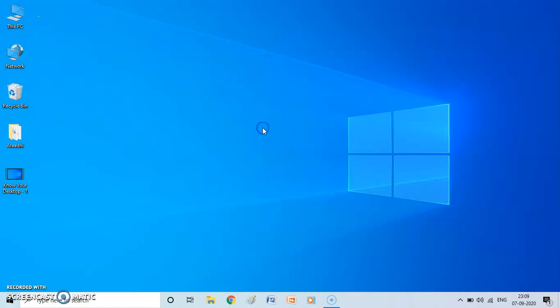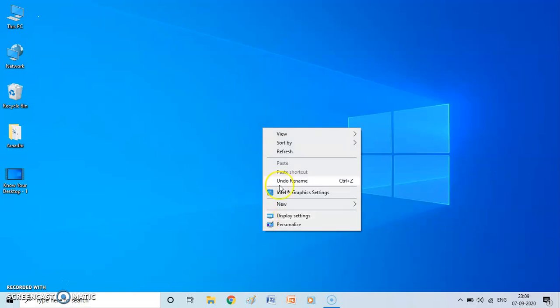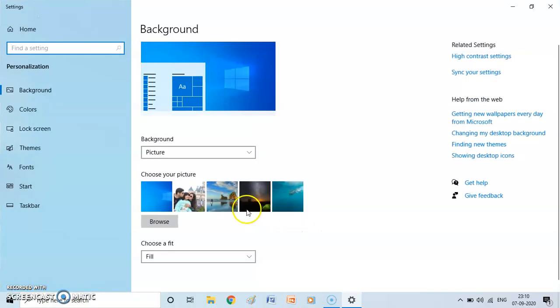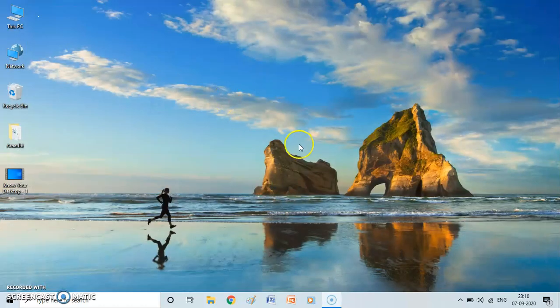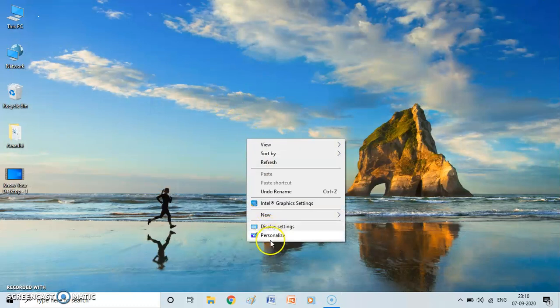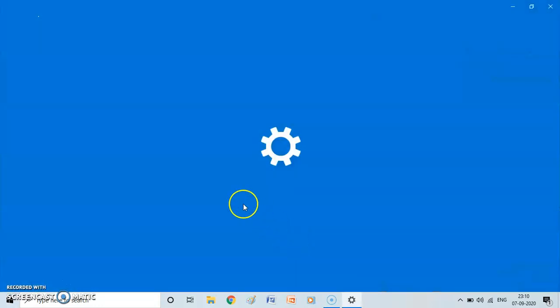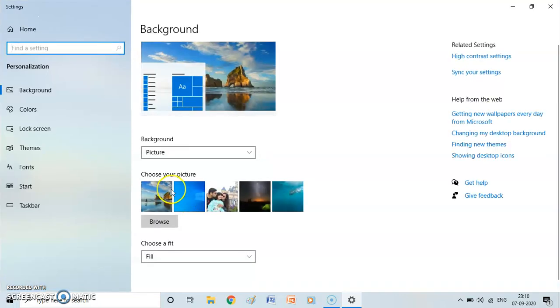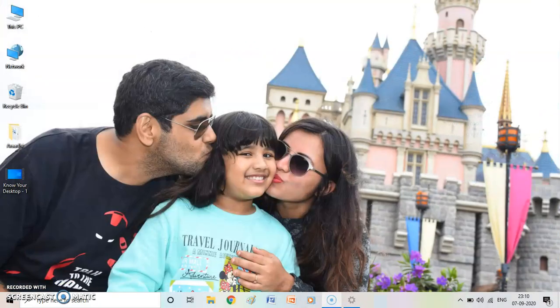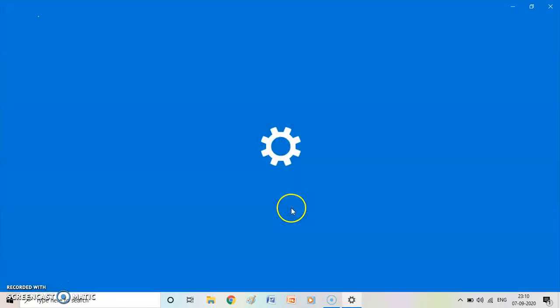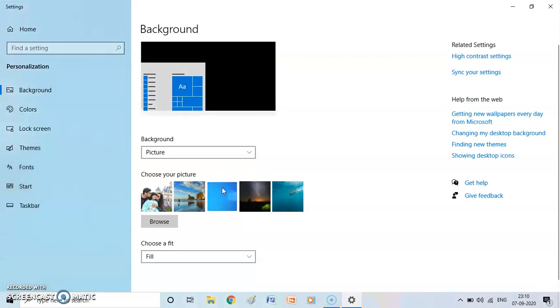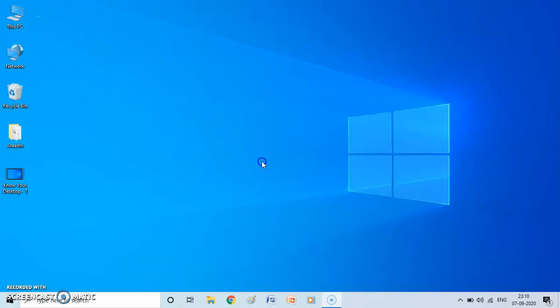Now if I right click on this, it will give me properties, or in this new Windows it says personalize. Now for example, if I want to change this wallpaper, I do not want this wallpaper. If I want to keep this wallpaper, so see, now if I go back, this wallpaper is changed to this. Or if I want to change this wallpaper, this is my favorite wallpaper which I normally keep. So if I click on this, now this photograph has scanned. But now because I'm showing you this demonstration, I can again go to personalize properties and I'll use this. This is the default Windows wallpaper.